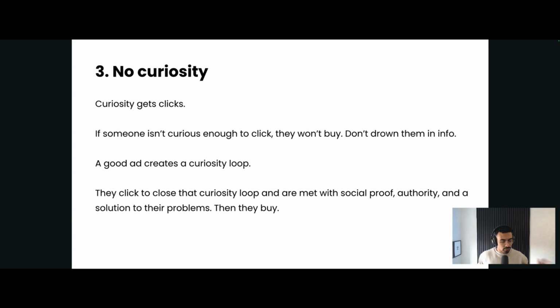And if through curiosity, we get the right type of person to click through being specific and accurate, and that person then goes to the landing page, whether it's a product page, whether it's your website, whatever, and they are met with social proof, authority, so you guys clearly have been able to solve this problem for other people, and you are selling a solution to their problems, then they're going to buy from you, or a high percentage of people are going to buy from you. And that's how you make your UGC stand out, how you make it specific, how you make it accurate, and how you make the ad curious enough to get people to click and want to buy what it is that you're selling.